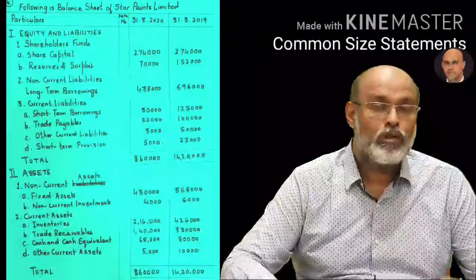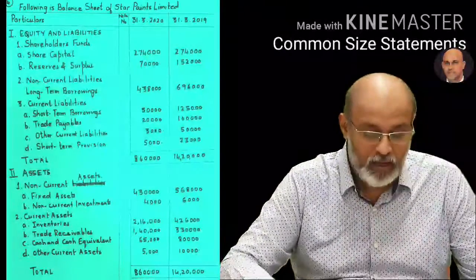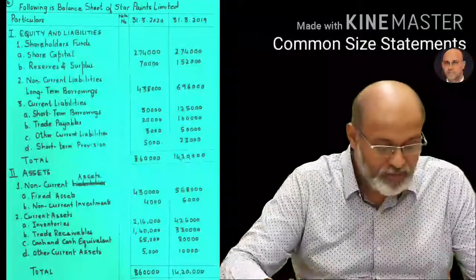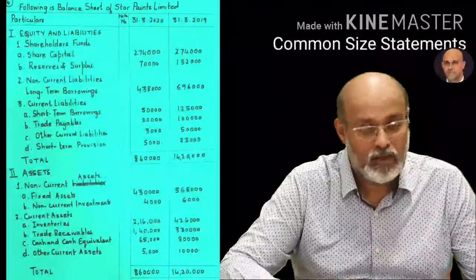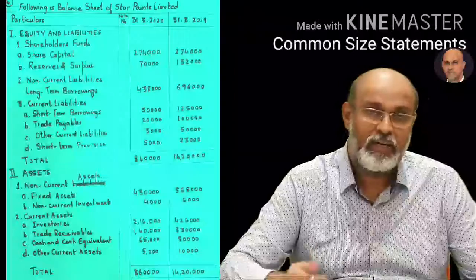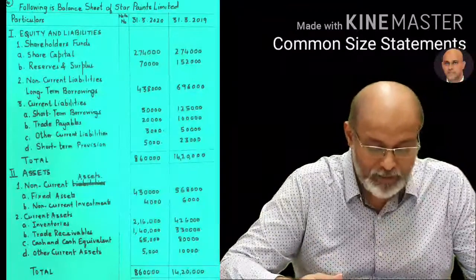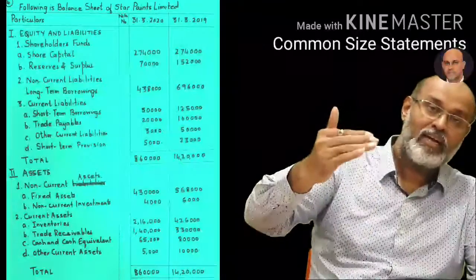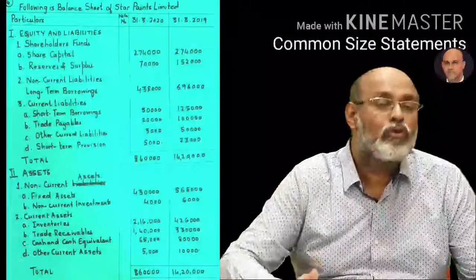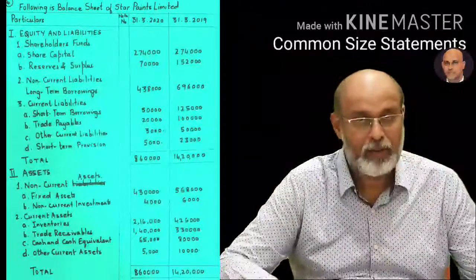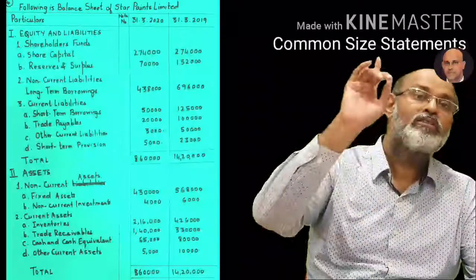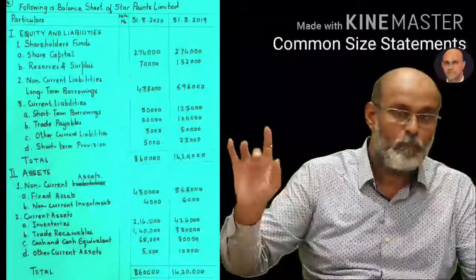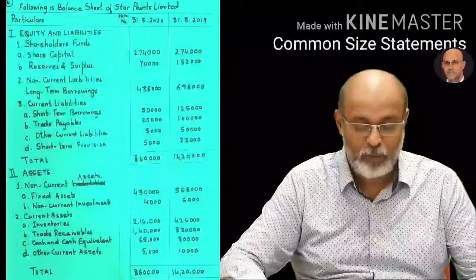From here I go to the non-current liabilities. In the non-current liabilities, they have given us a breakup in the notes. It is divided into bank loan and 9% debentures. The bank loan is 1 lakh, so it will be 1 lakh divided by 14,20,000 multiplied by 100, which will give you 7.04%. So that was your bank loan.